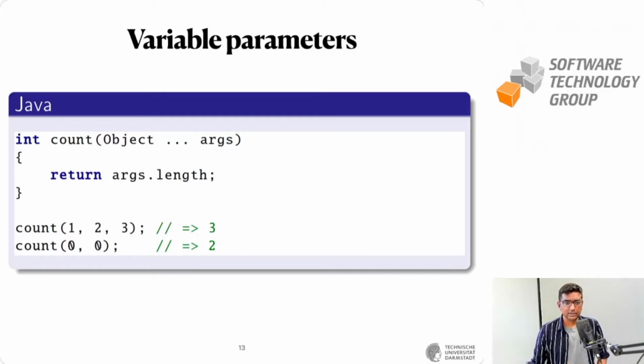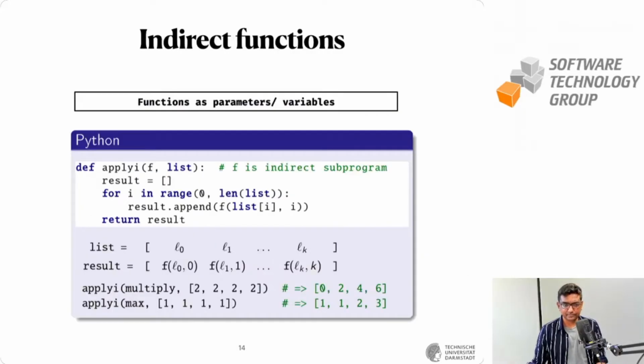So now that we've looked at different kinds of parameters, let's look at a couple of different kinds of functions before we look into how parameters can be passed, right? The first kind of functions are indirect functions. Here you are essentially passing a function as a parameter, or you can treat them like any other variables. Here is an example from Python where applyI takes 2 parameters, a parameter function f, which is an indirect function, and a list. And what it does essentially is that it creates a result, which is again a list,